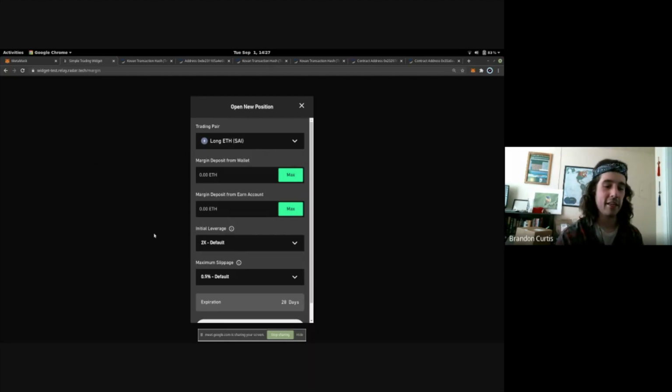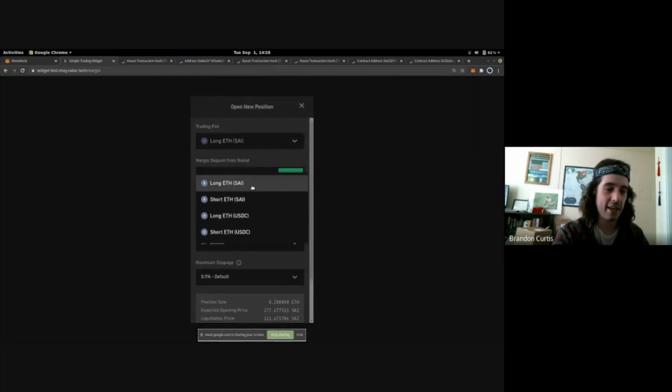But what we did is we plugged into the margin lending protocol to give users access to that. But instead of relying on the proprietary liquidity that's available on the DYDX exchange itself, this will actually fill orders in any of the venues that are supported by ZRX API. So Uniswap and Balancer and Curve and everything else. To use it, all a user needs to do is first select what kind of position they want to take. So we're going to go long ETH with respect to